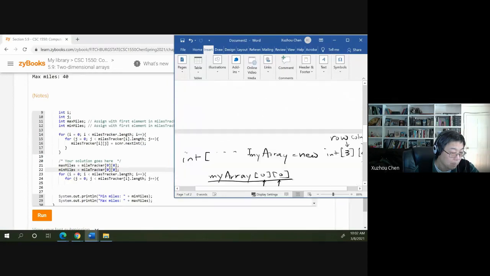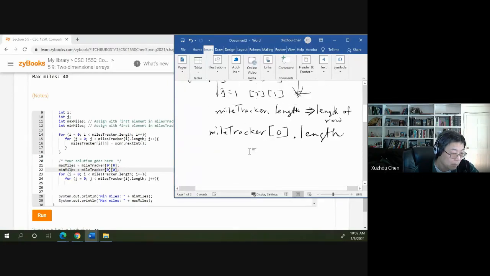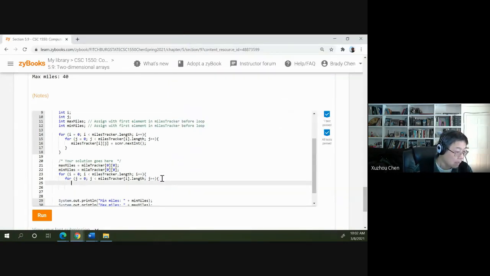Let me see. Here's what I'm going to do. I'm going to do the for loop for i and for j. So then I compare if mileTracker[i][j], if this value compares with the current value which is stored in the max mile,